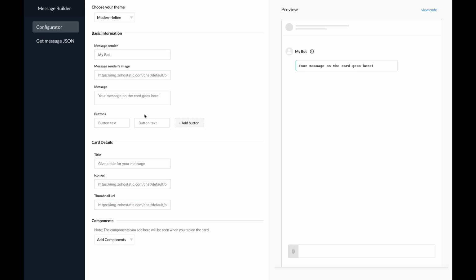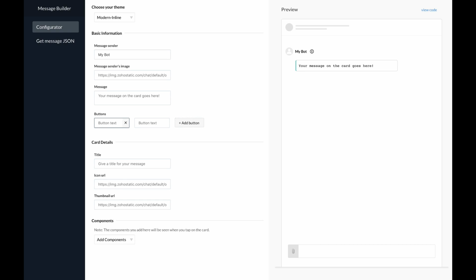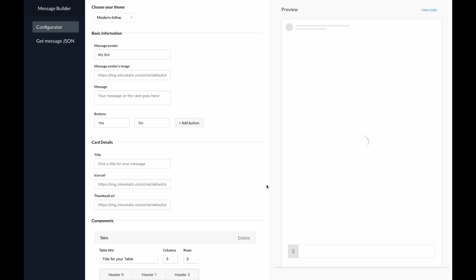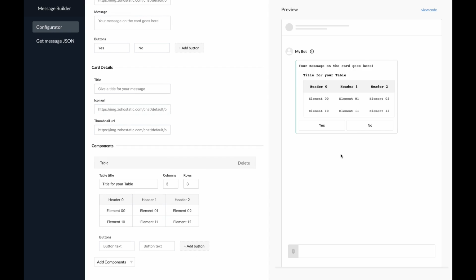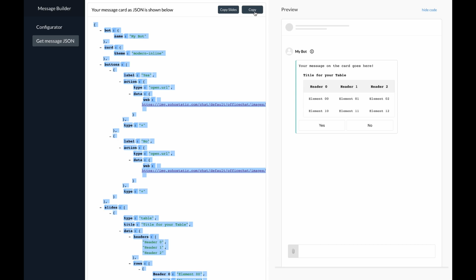So I'm giving the custom sender name as MyBot and setting the image here. Let's try to add a few components now: 2 buttons, a yes and a no, and a table. So this is the card here finally, and to get the JSON for this card, all you have to do is click on View JSON and copy this code and paste it in your Deluge editor. You can then alter the data according to your API response, and once that is done, you're pretty much good